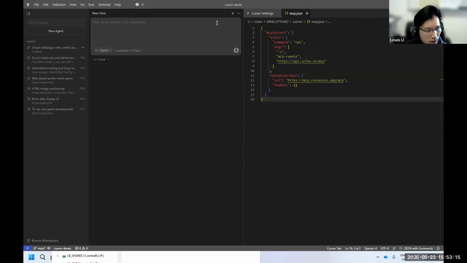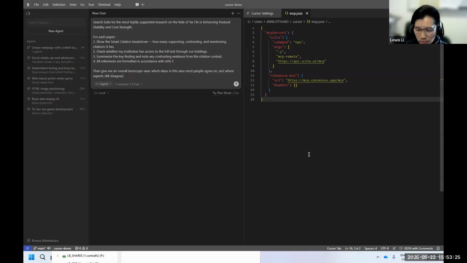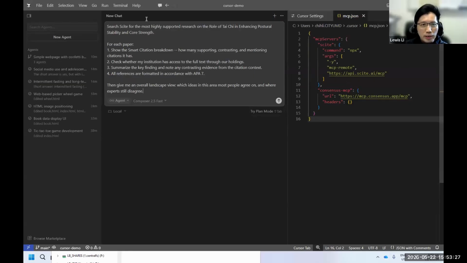So for example, I want to search Scite for articles related to the role of Tai Chi in posture, stability, and core strength, and how Tai Chi can enhance these two things.